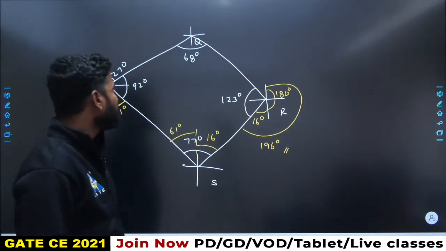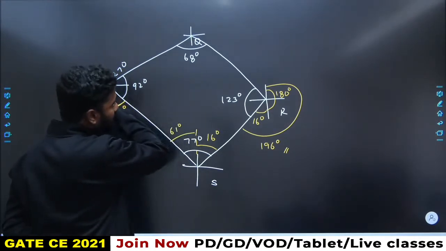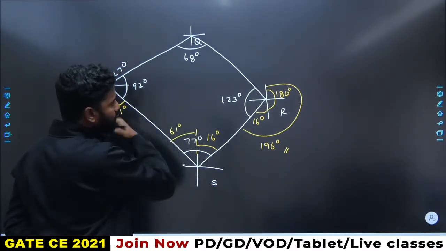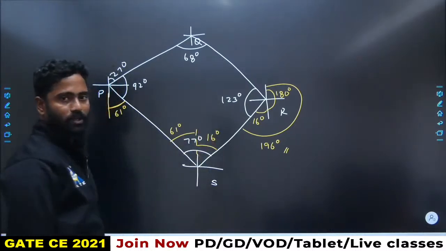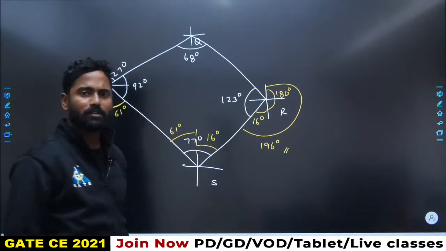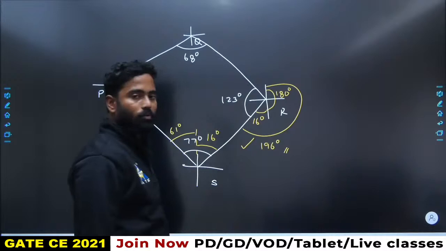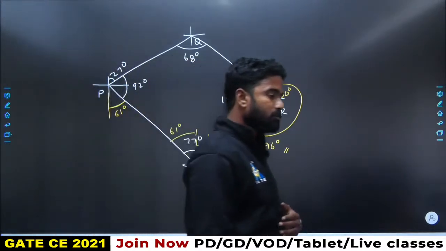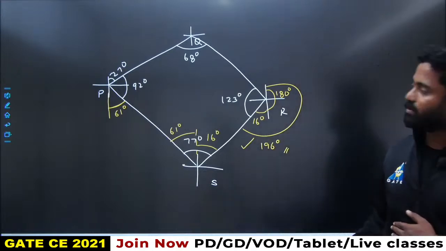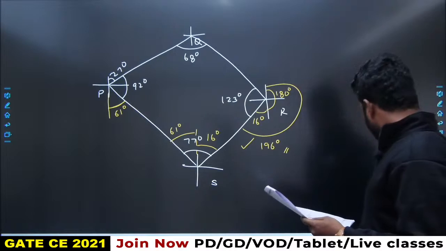And if you check the sum of the angles, it is 360 degrees only: 92 plus 68 is 160, 160 plus 200 is 360 degrees. So there is no question of local attraction and all those things. Simply by applying everything, you will get this as 196 degrees. Fine, so the answer would be 196 degrees for this question. Very basic questions. Next,